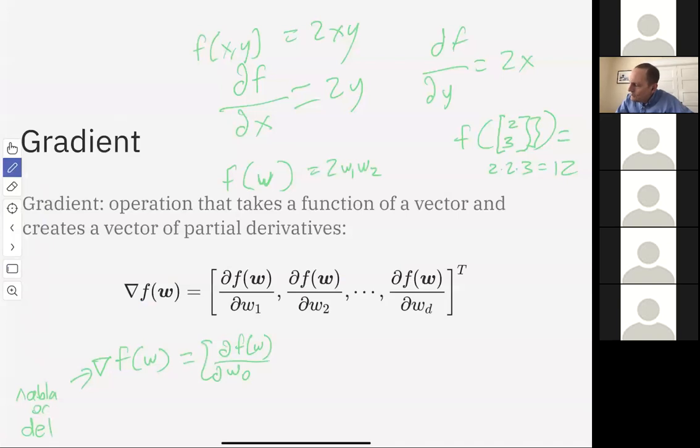So this is the derivative with respect to w1 and the derivative with respect to w2. And so this equals,